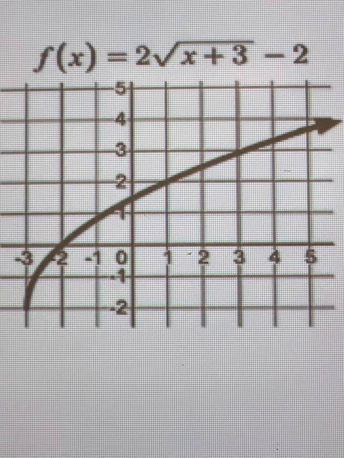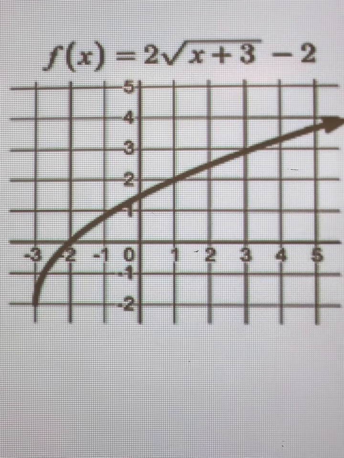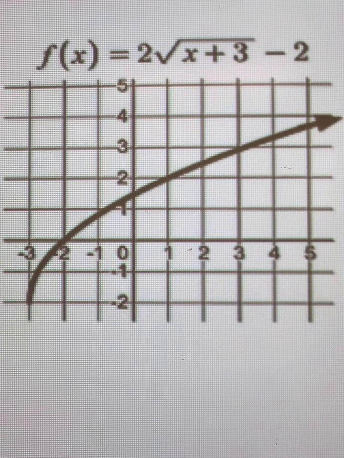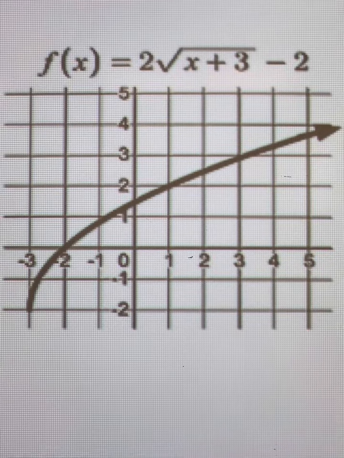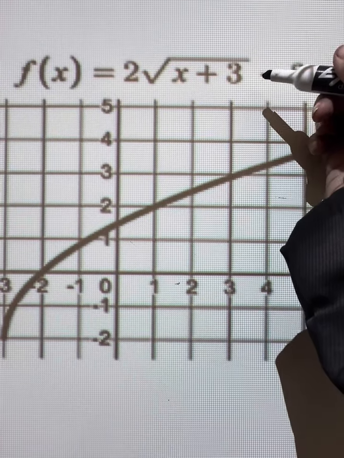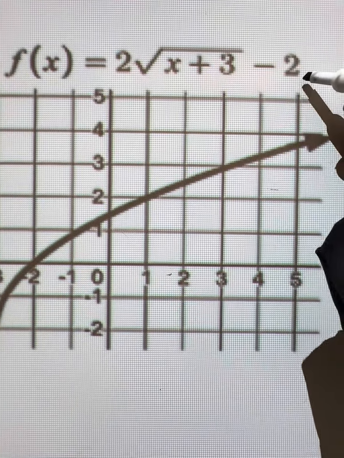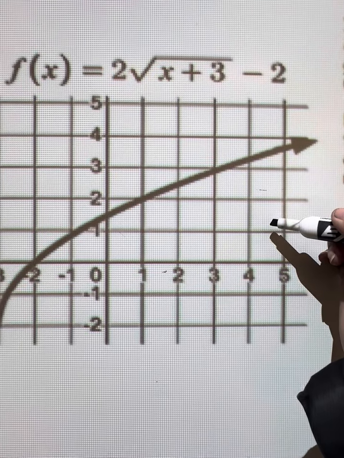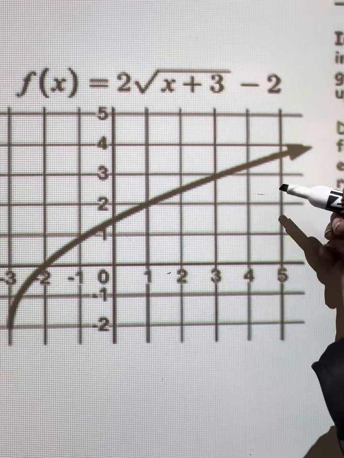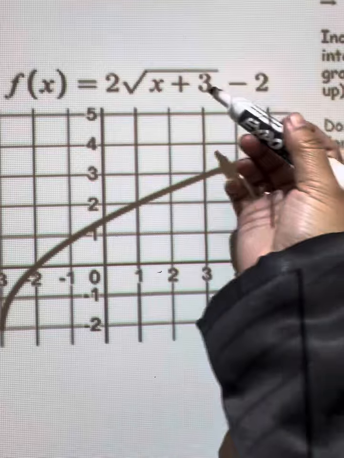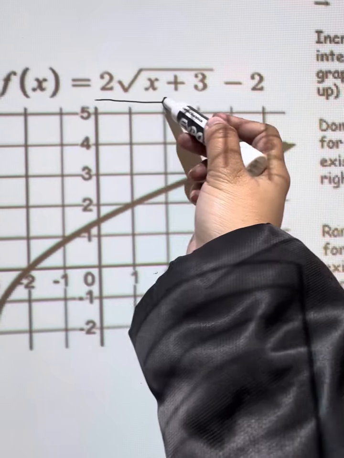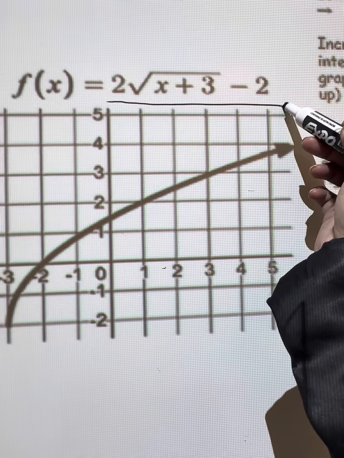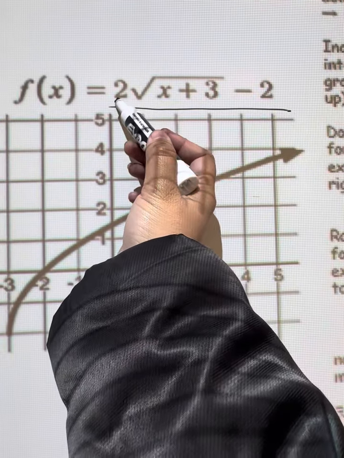So for today's lesson, I'll be teaching you how to write the domain and the range of the given function. As we can see here, we are provided with the equation and the graph. In order for us to describe this graph, we can read it using our equation here as well. So your graph here is